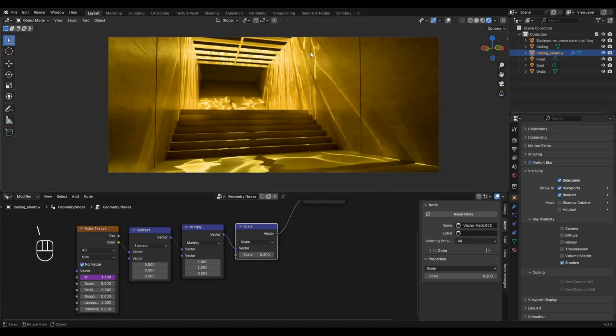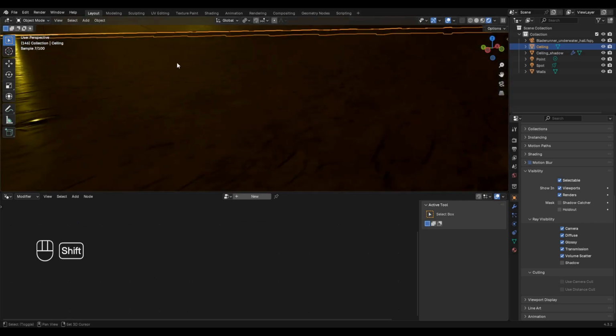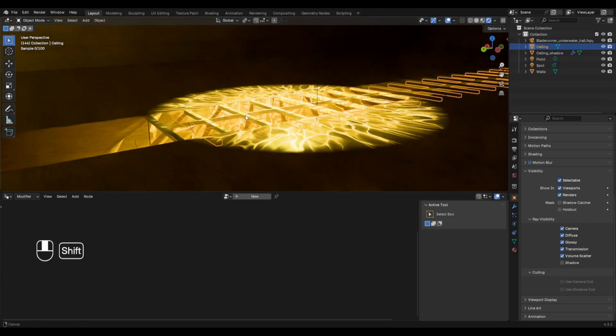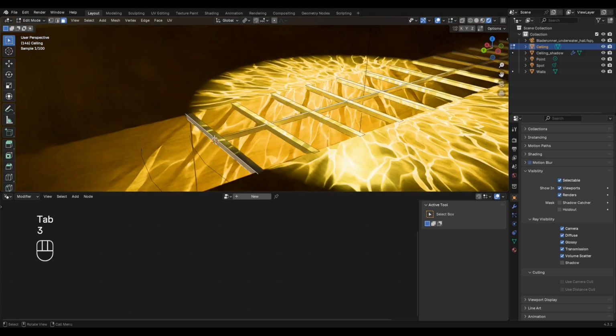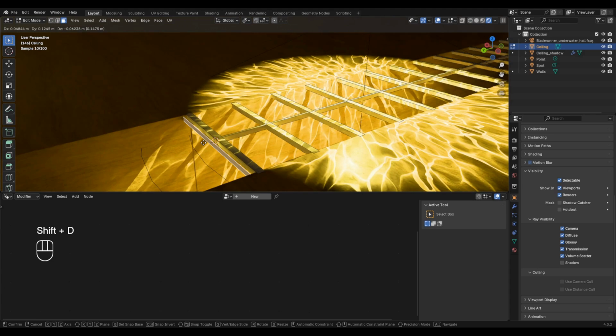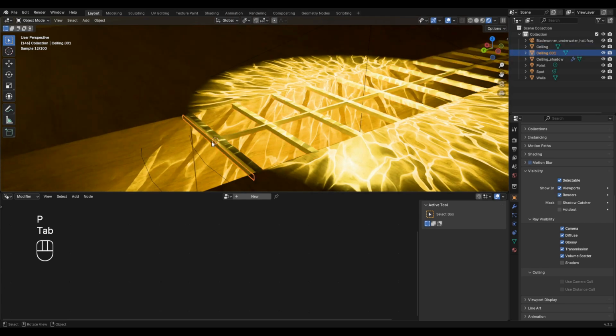Let's add some fake ceiling glass and water. Separate this face into an individual object from the ceiling object. Extrude the face to cover the hall.